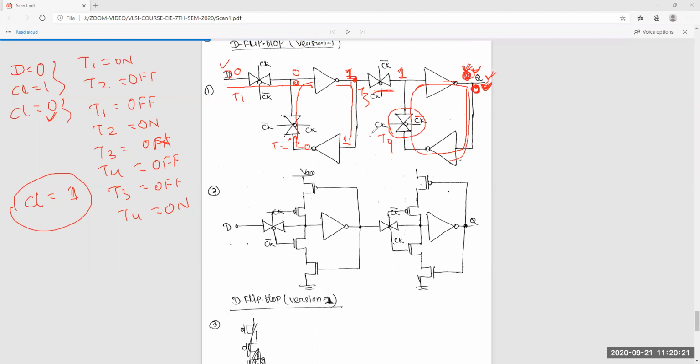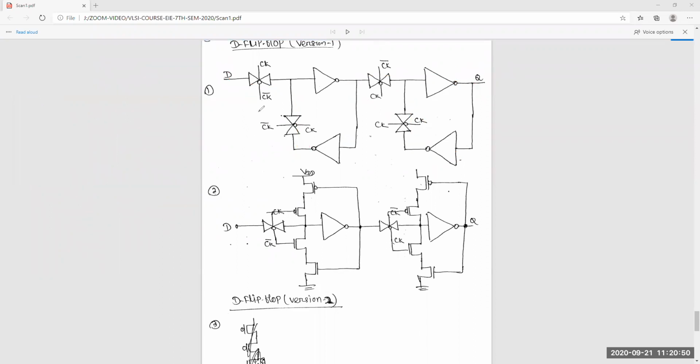So this is a negative edge trigger flip flop, because when clock is equal to 0, that time it was 0, and that value will be stable until the clock is 0 again. So again when clock will be 0, whatever the value will be there, that will pass to here. Yes or no? So this is the way the flip flop is working.